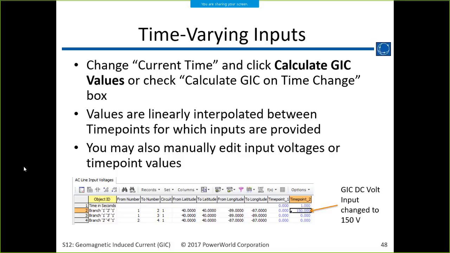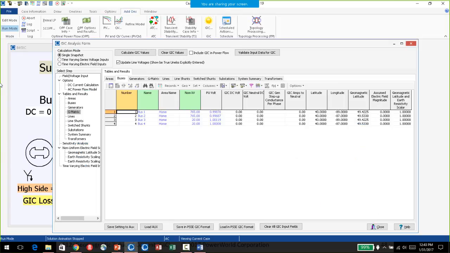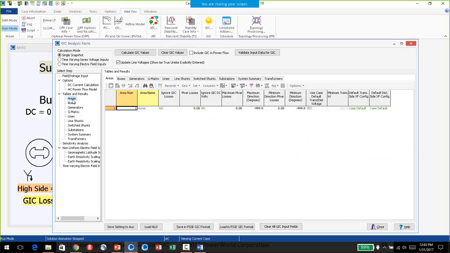The GIC values that you look at in any scenario are based on the orientation that you put in. But it'll tell you for each device, and also system-wide, what's the worst case direction. And for system megavar losses as well, and for area megavar losses. You could study that direction. You can study the maximum if you wanted to.